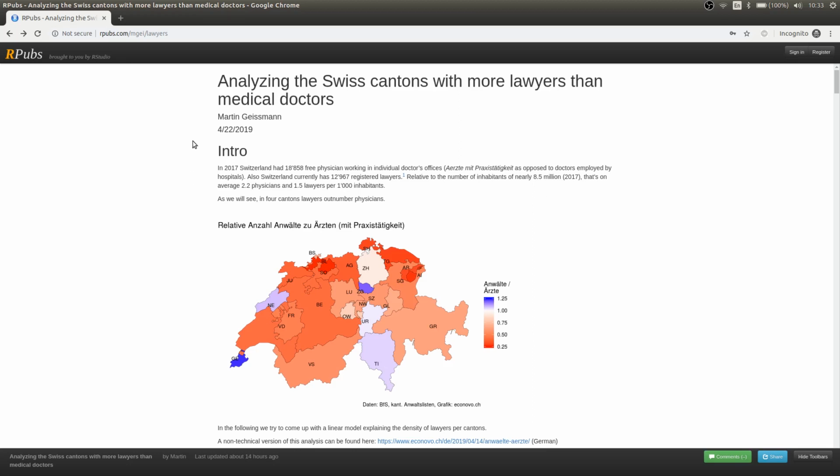My name is Martin and we are looking at Swiss cantons where there are more lawyers than medical doctors. So that's the data for today. We're looking for an explanation why certain regions or Swiss cantons have more lawyers. We will use a linear model, taking into account the number of medical doctors and some other economic